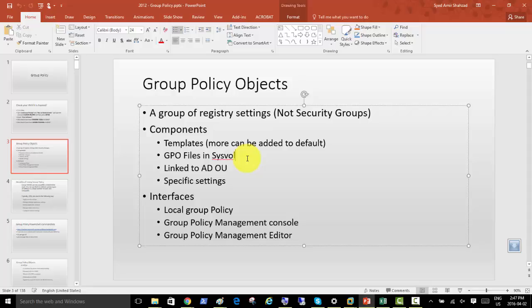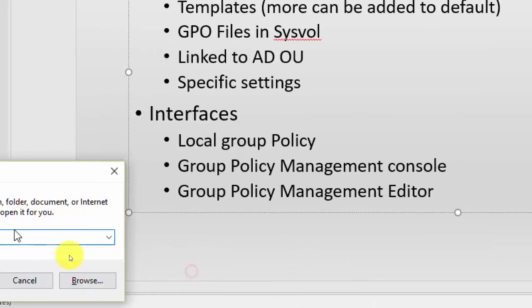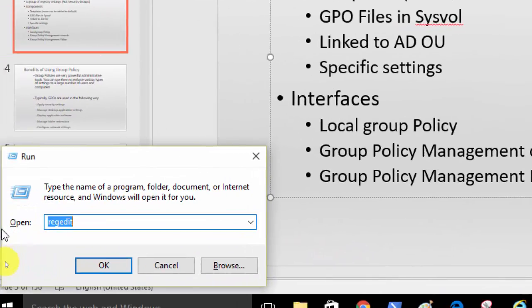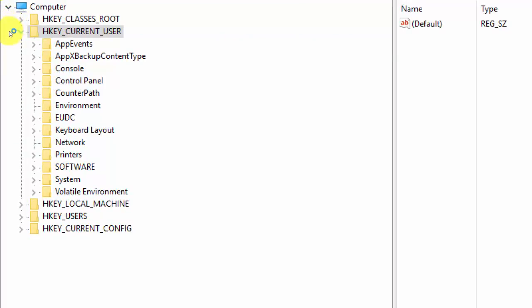And how do we access regedit on any computer, client or server? If I go to Run here, what do I type? Oh, it's already there. Sorry, regedit. Let me put it on the microscope. I've just opened Run in my Windows 10. On your host laptop or desktop, you can just type regedit and press OK. That's not something new to all of us. So this is the